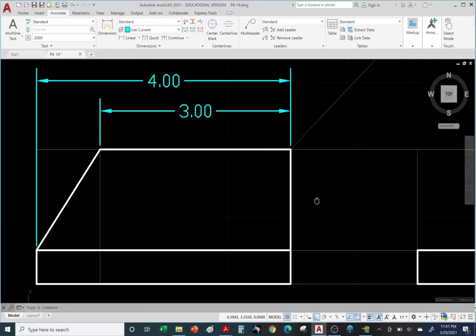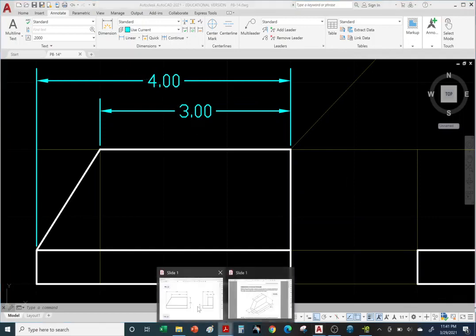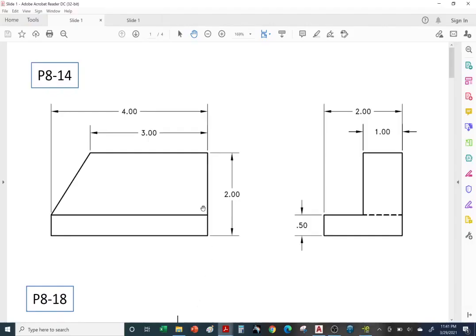Okay, so that's it for these two. Now let's take a look at any other dimensions that we probably missed. Okay, so now we have the dimension of 2. The bottom is our datum. There's more surface on the bottom than the top, so we'll set this as our datum, and we're going to dimension bottom to the first step and then bottom